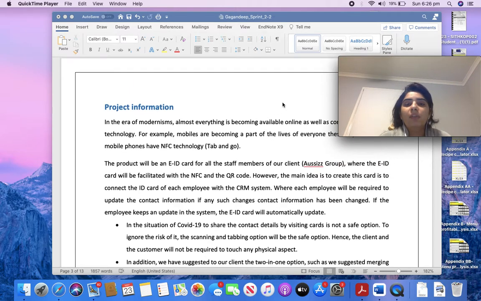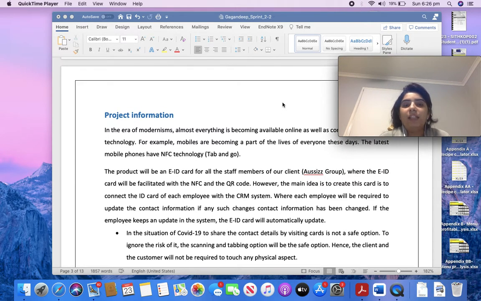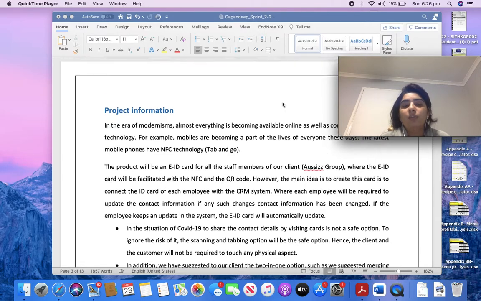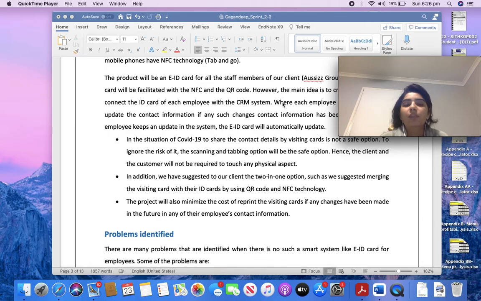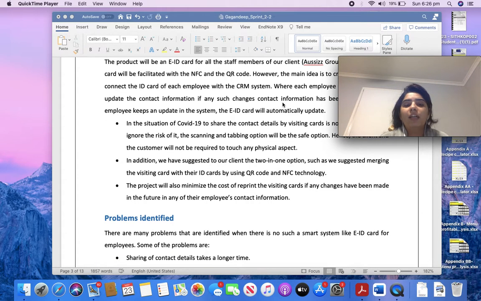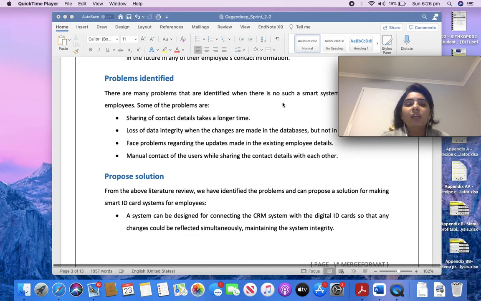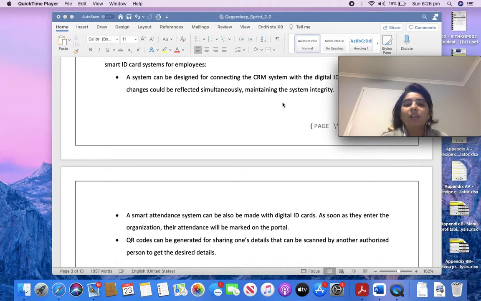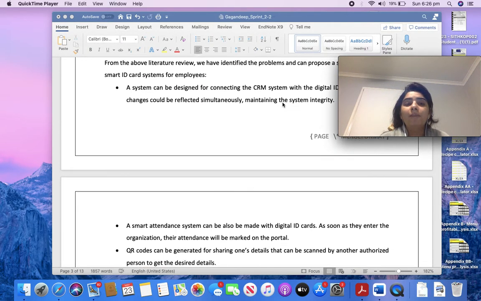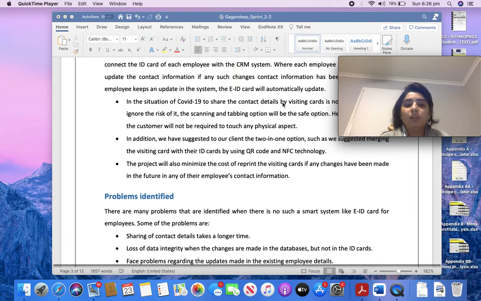The project is all about the Aussie Group EID card, and how we go with a contactless ID card to save all the information of the customer by tapping the phone on the tap or scanner, and save all the details of the employee in the customer's card. So the proposed solution and problem identification have been done in the previous part, as our group